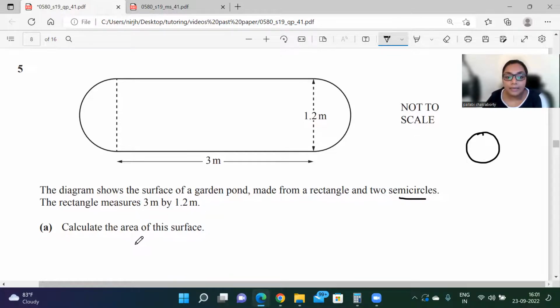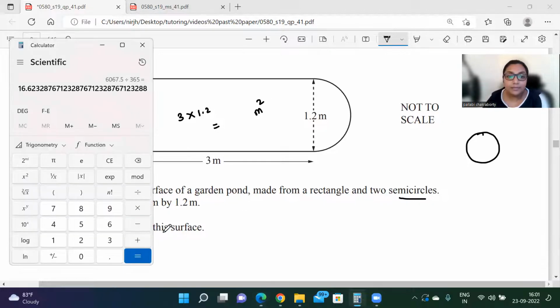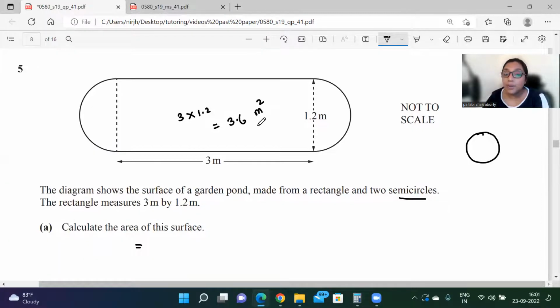So what will be the area? Area of the surface. So area of the surface means you have to find the area of the rectangle first, which will be 3 times 1.2. The answer will be in meters square. Let's do that first. So it will be 3 times 1.2, which is 3.6 meters square. Why do we do that? Because area of a rectangle is given as length times breadth, right? Area is given as length times breadth. So area of the rectangle